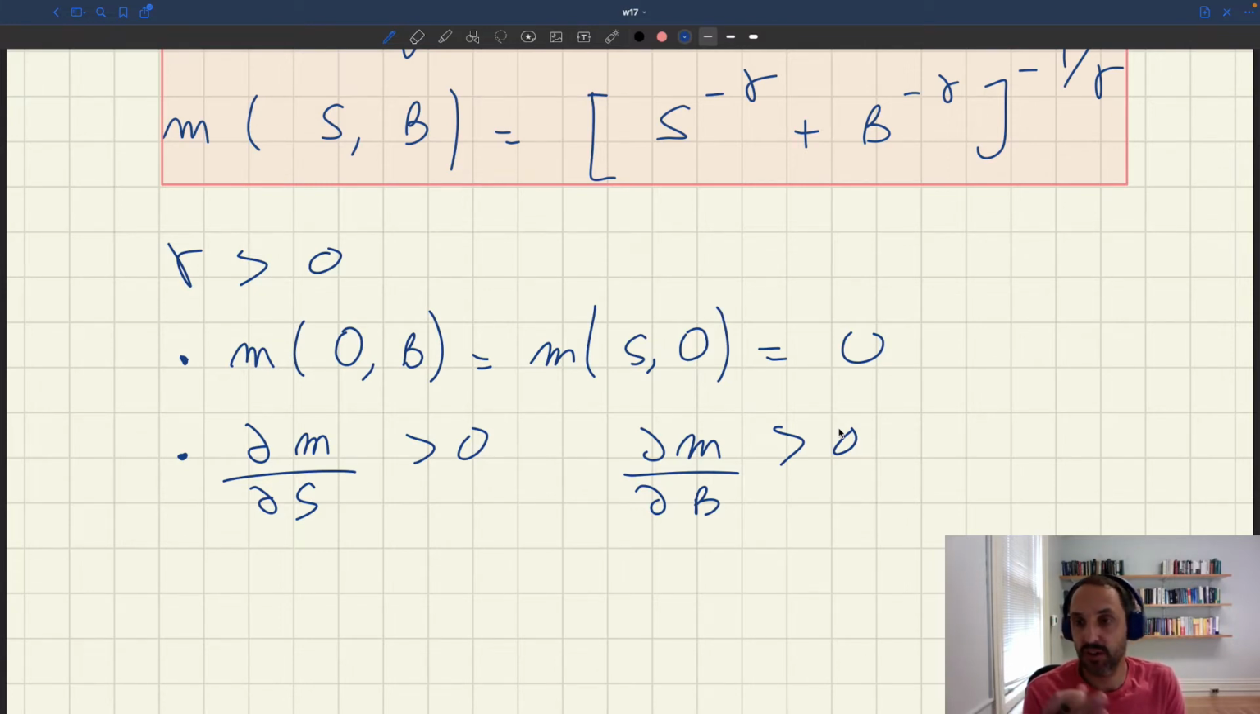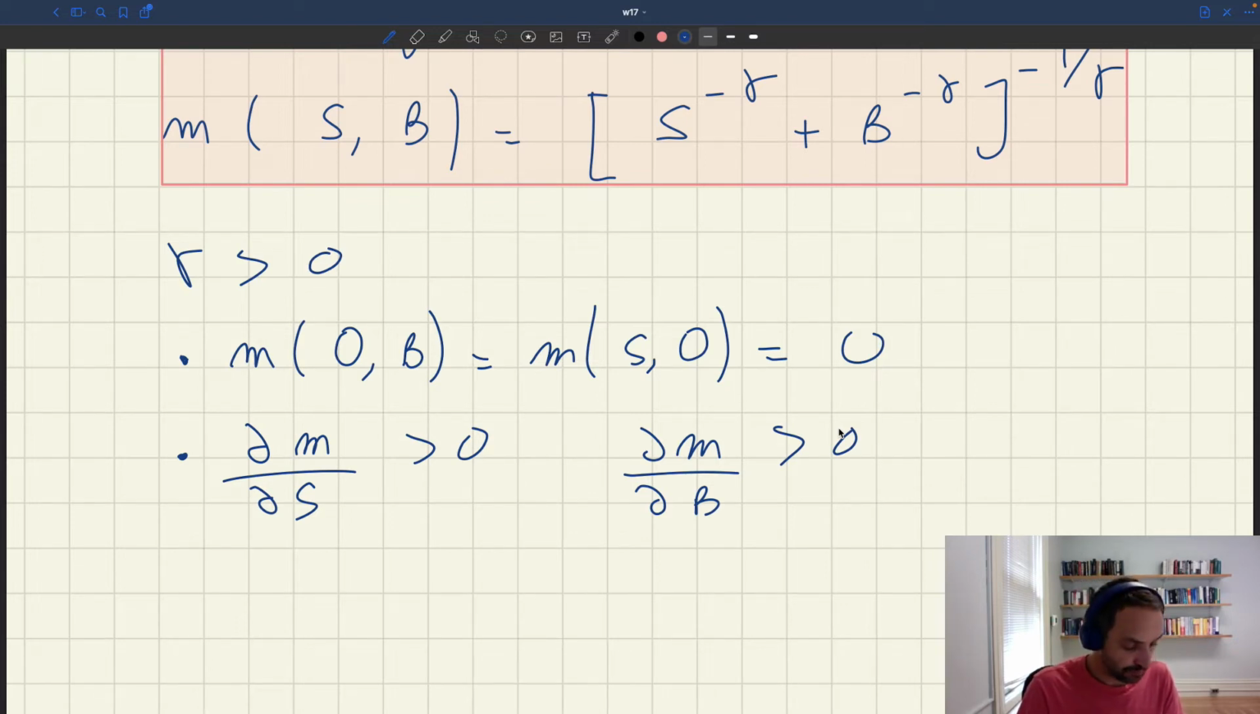And then once we put that to the power of minus 1 over gamma, which is another negative number, that's going to go up. So you compound S with a decreasing function and then yet another decreasing function that gives you something that's increasing. Same argument for what happens when you increase B. If B goes up, B to the power of minus gamma goes down. And then once you put that to the power of minus 1 over gamma, that's going to go up again. So clearly the function is increasing in the number of sellers and is increasing in the number of buyers, which